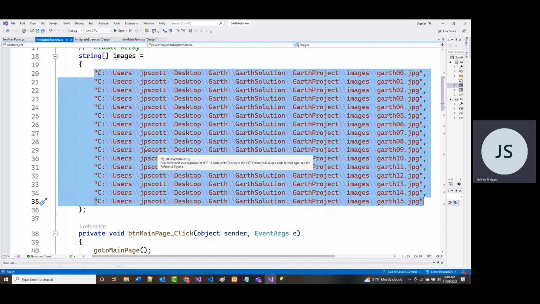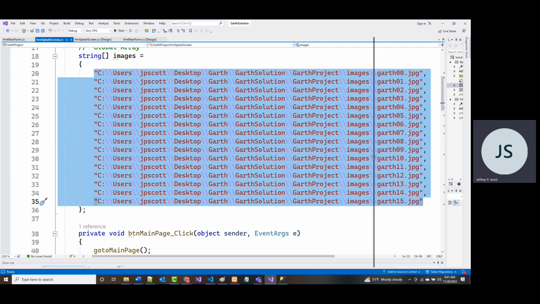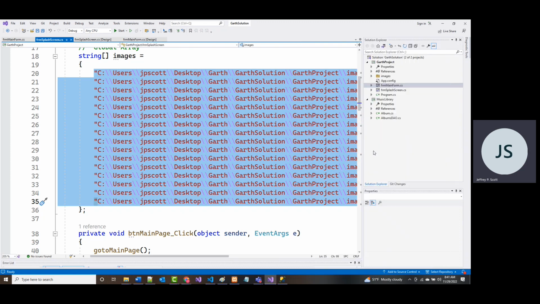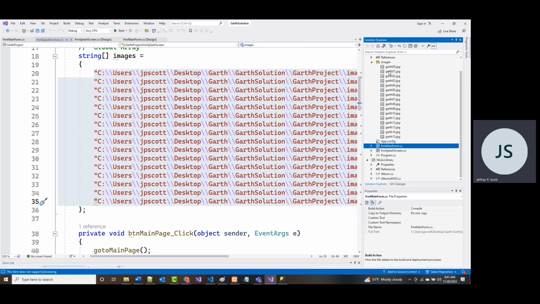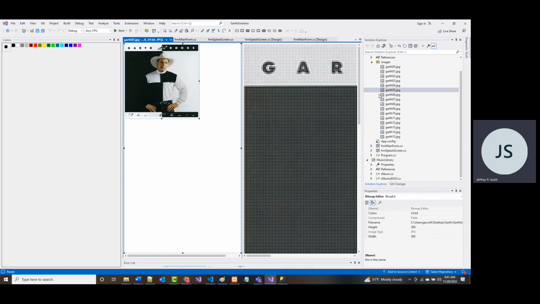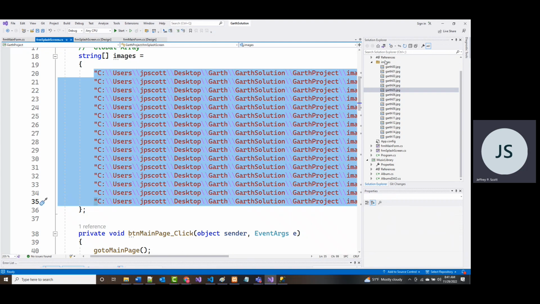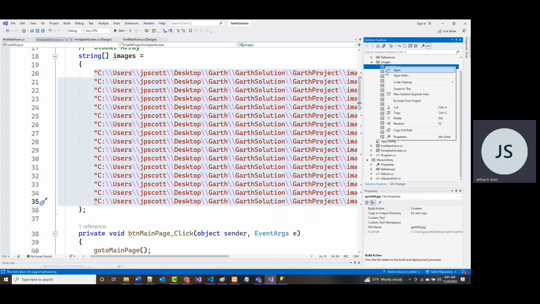All right. So I'm creating images, and what I did, and I had sent you this earlier, if you don't have it for some reason, let me know, but I sent you all 16 of the images that we're using. Okay. And there they are. So if I bring up any one of them, there's one of them, for example. And you can grab any one. I'll just grab the first one here. And I said, copy full path.